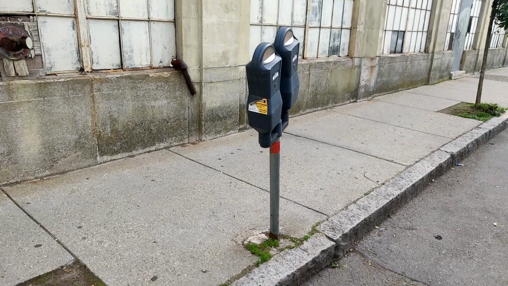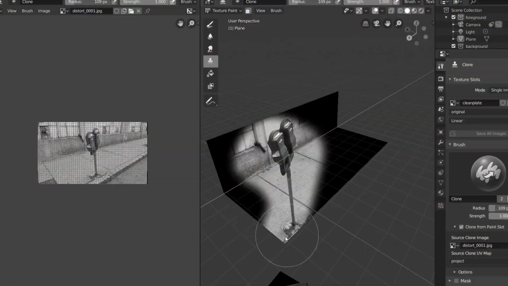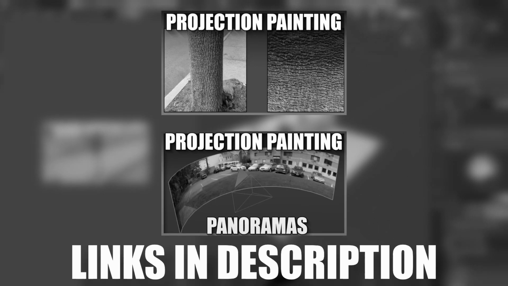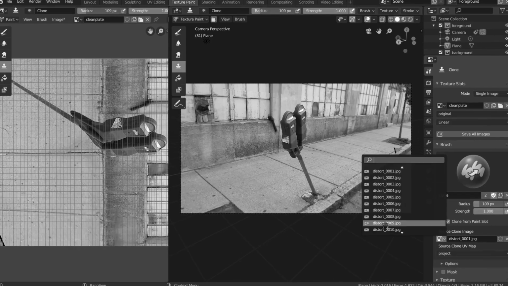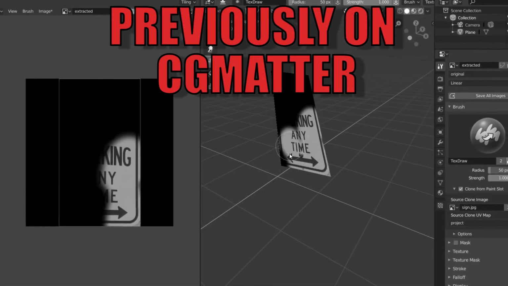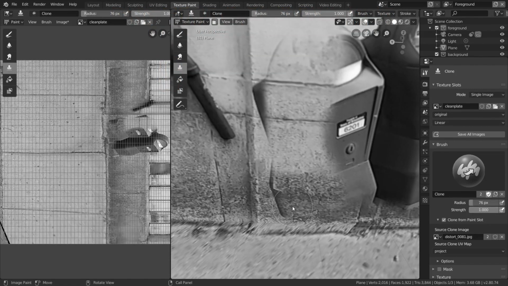So in this Blender tutorial, I'm going to show you how to remove objects from your shot using projection painting. And if you haven't seen the other two projection painting tutorials I've made, make sure to go back and watch those because from now on, I'm going to assume you already know these methods. And so far, we've talked about extracting textures and stitching panoramas, but today we're going to be removing objects by